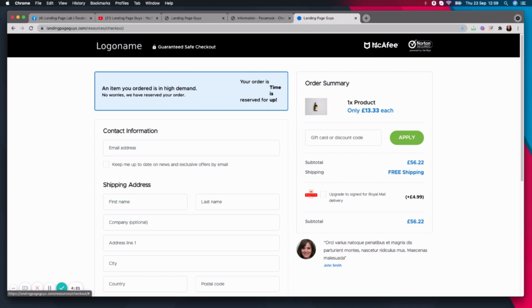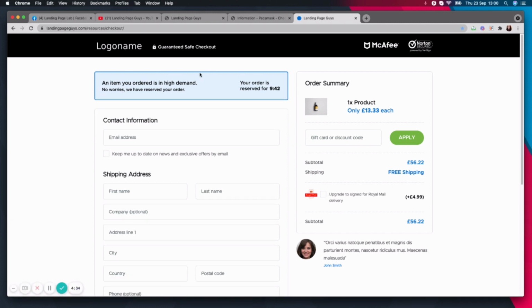The next thing that we do is we align this on the left. Typically, we have tested it the other way around. We just find that this seems to work. I'm just going to refresh the page because it's timed out. So as you can see,